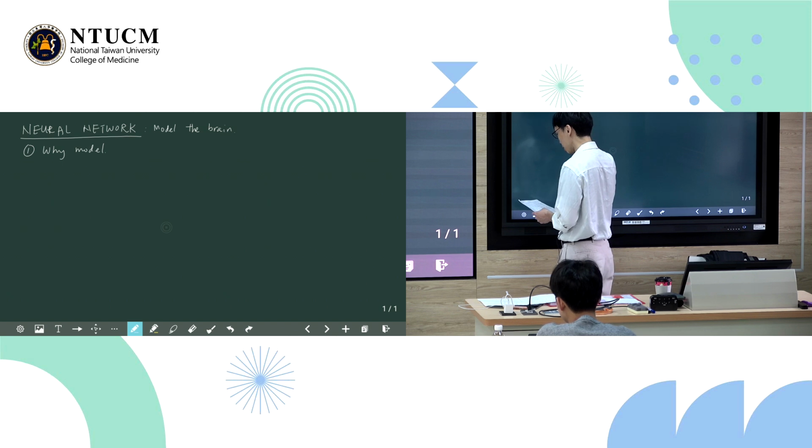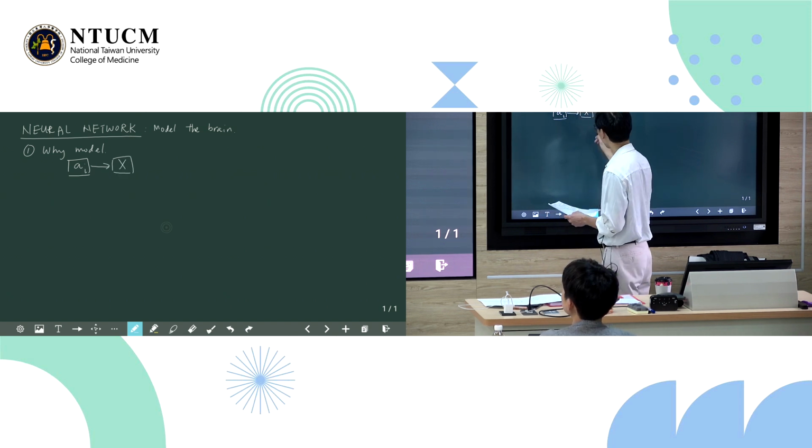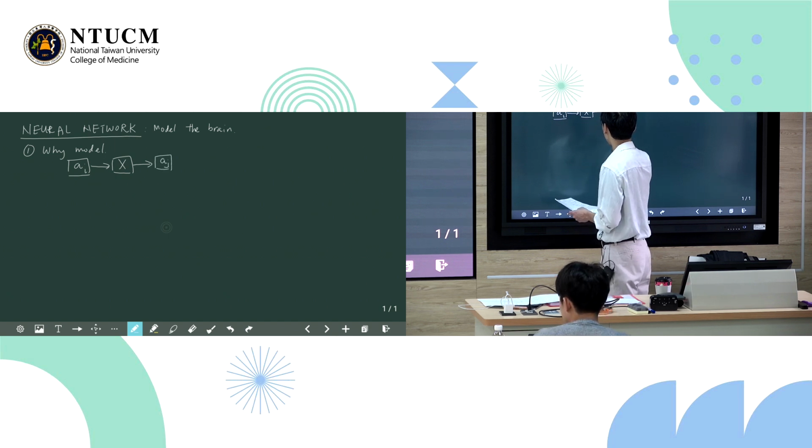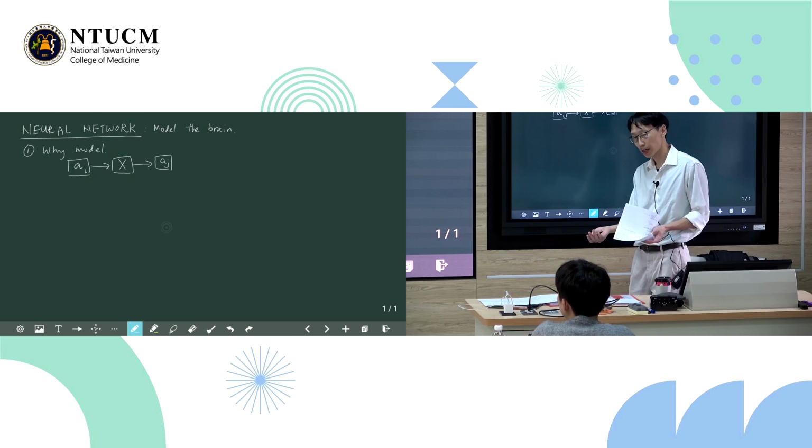We have talked about this in the first class, but we want to rehash this. Essentially, what we are modeling is we have some input, we put it into some model we call X, and X generates some output. The idea is that X is really your brain or any kind of organism.